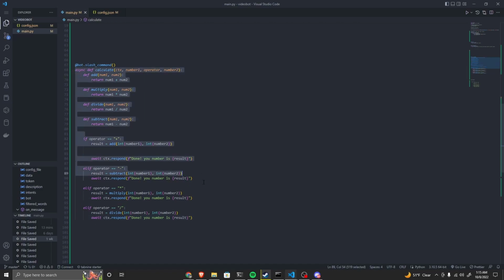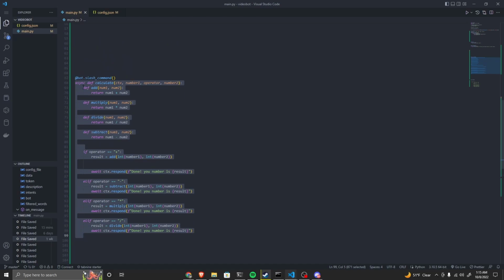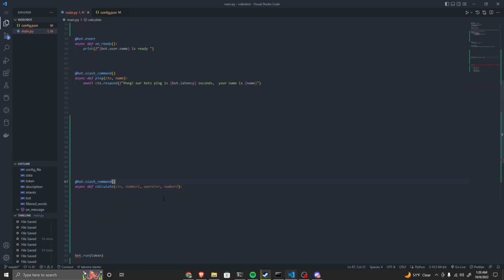As you can see here, we have our little calculate function. I think this is way too bulky because we did it in a not very efficient way, so let's try and cut down on this a little bit. So let's go ahead and just delete everything because I want to totally refactor this. Okay, so let's start writing our if statements. Instead of writing all those helper functions, we're just going to be directly checking the operator. So let's start with an if op equals equals. Make sure you put that equals equals a positive or plus sign, whatever you want to call it. If operator